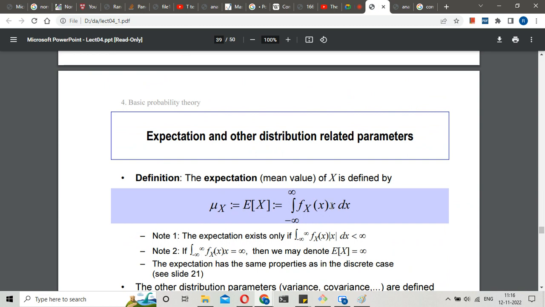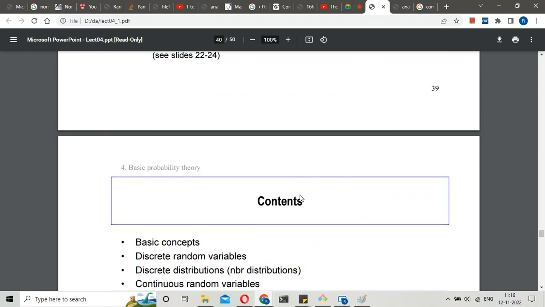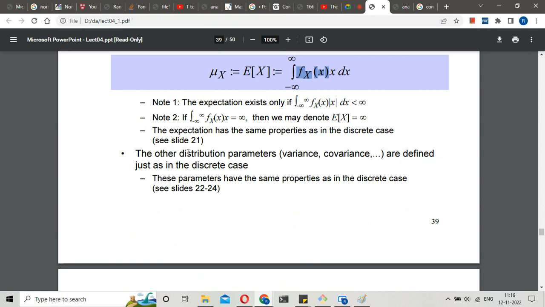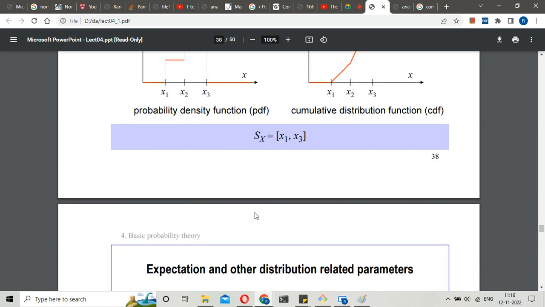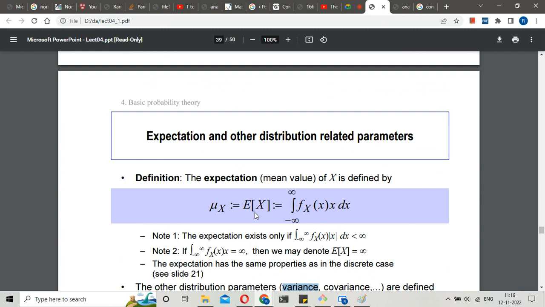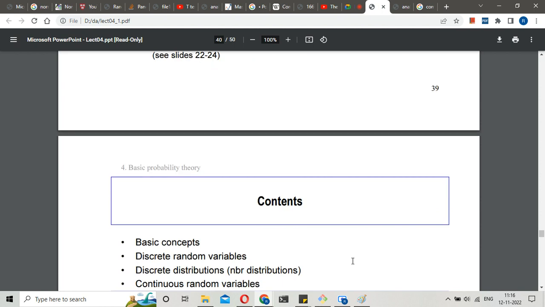Similarly, if you remember, we multiplied by x and calculated the expectation value. You can calculate the expected value for this continuous one also. Use 21 to 24 for variance, covariance, and different other properties of this distribution also. Actually, only the maths will change based on continuous. Instead of using sigma, you have to use integration because it's continuous, and that's all.